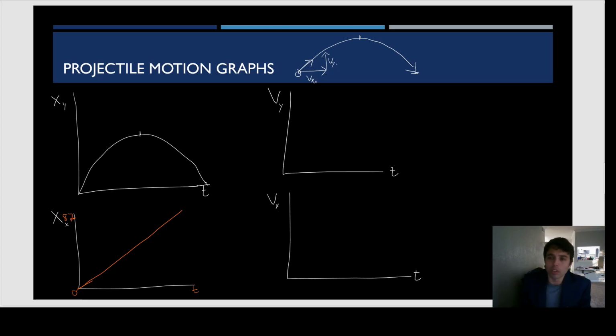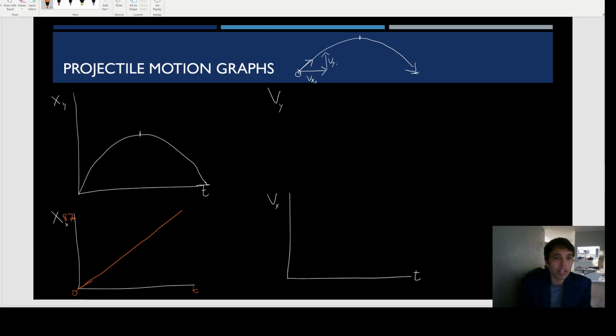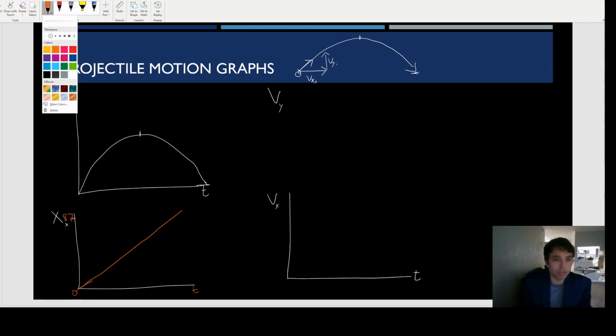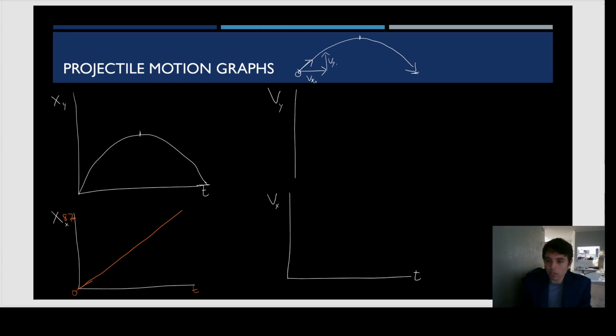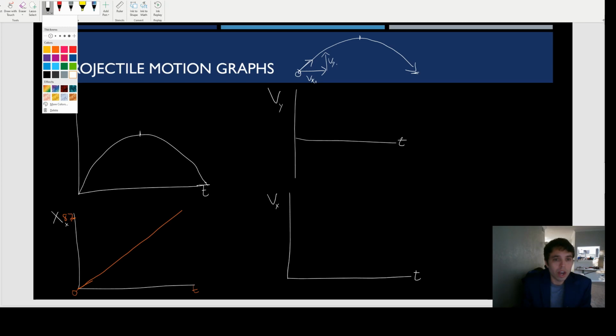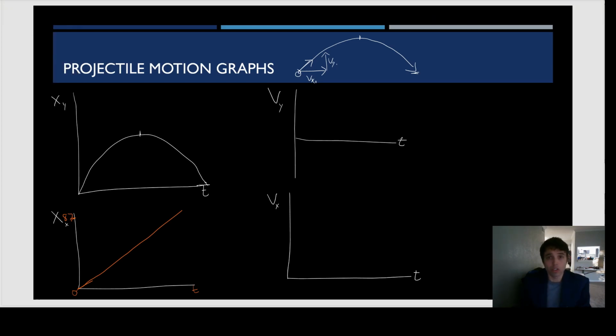Now what about the vertical velocity? This one's an interesting one. We know that it starts off with a large vertical velocity up in the air. I need to do this better, so let me erase this real quick. I need to have my quadrant 1 and quadrant 4 in there. Draw like this. The reason I'm doing this is because I'm going to have negative vertical velocity at some point. So I start off pretty high in my vertical velocity, but I slowly